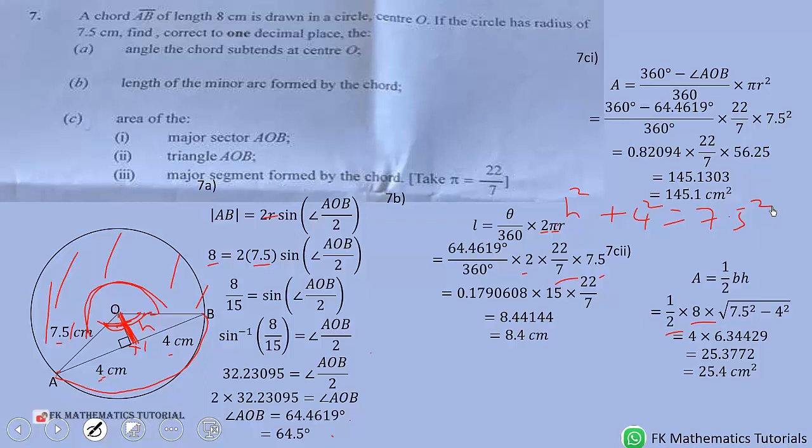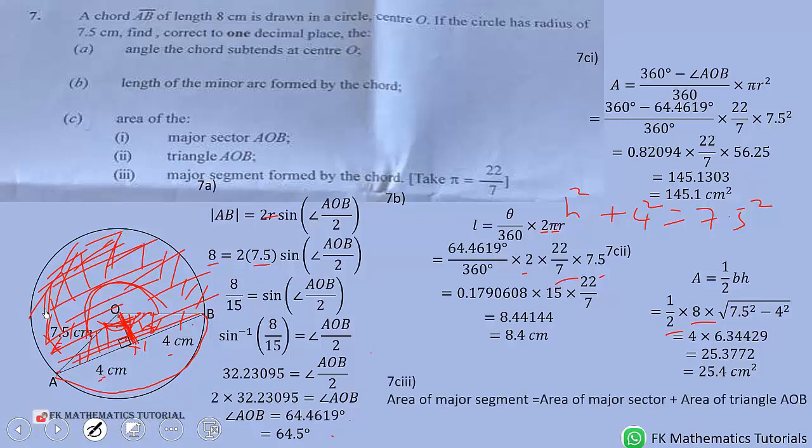AOB. Now let's look at major segments formed by the chord. So major segment formed by the chord is this segment. So you can see that when we add the area of the triangle to the area of the major sector, we will get the area of the major segment. So area of major segment is equal to area of major sector plus area of triangle AOB. And that will give us